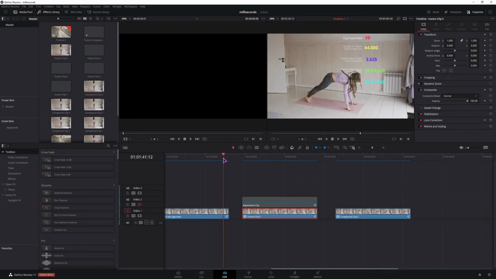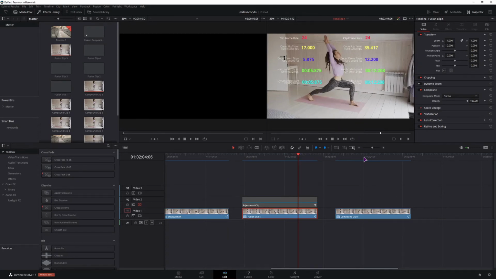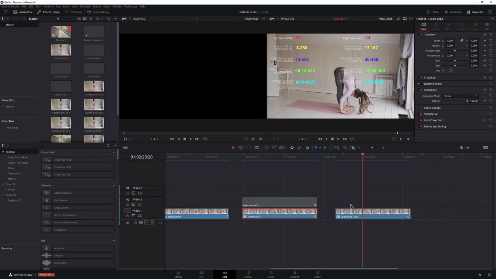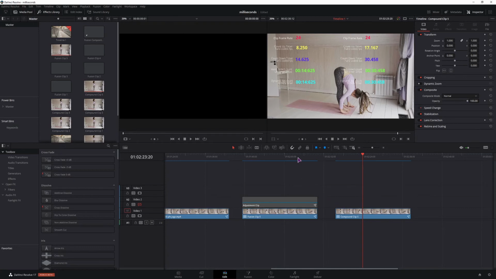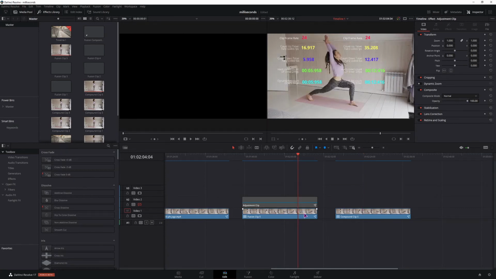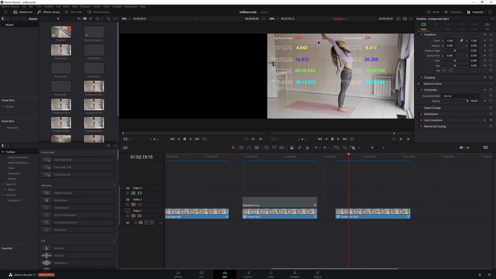And we also have some trade-offs. If you did the timer in the original clip, like this one, and then convert it, you will have this baked in the clip. And while you can remove this in the compound clip, if you decompose it in place, go back into the Fusion and remove it and make another compound clip out of that, you can do that with the Fusion clip. And if you take a closer look, you can also see that the timers are twice as big, because this is 24 frames and the original was at 50. So that is also something to consider.